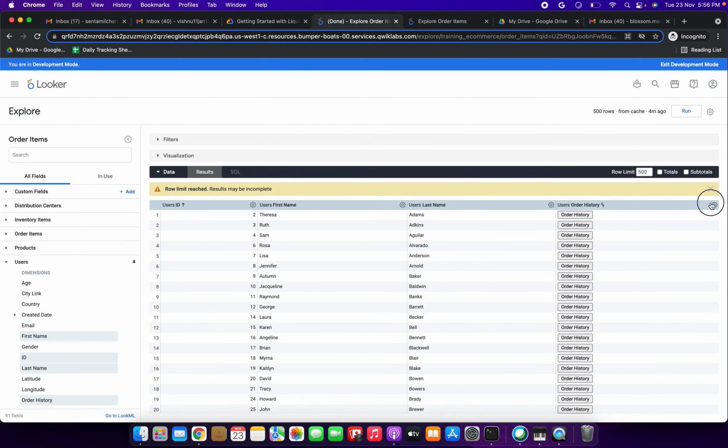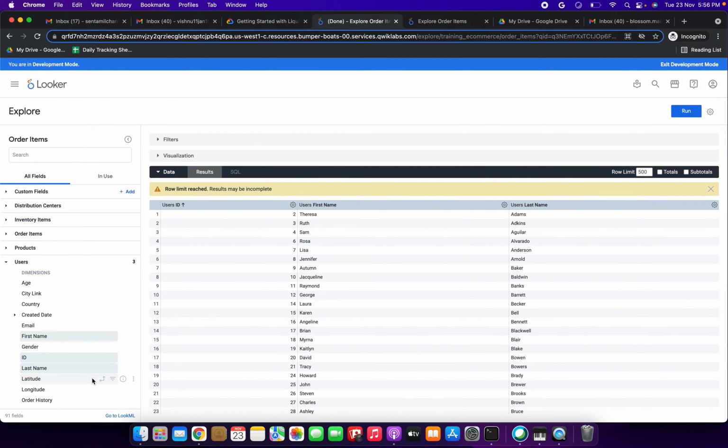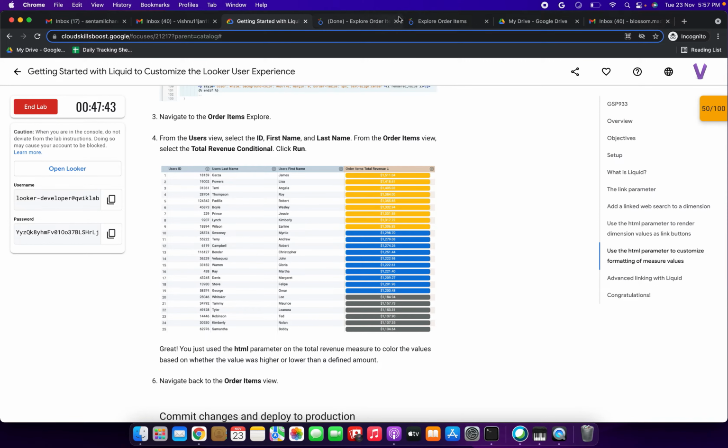So I am going to remove this. I am removing this, friends. I wrongly selected it. So how to remove? Just remove it, that's it. So we need to select which one we need to select from the order view.